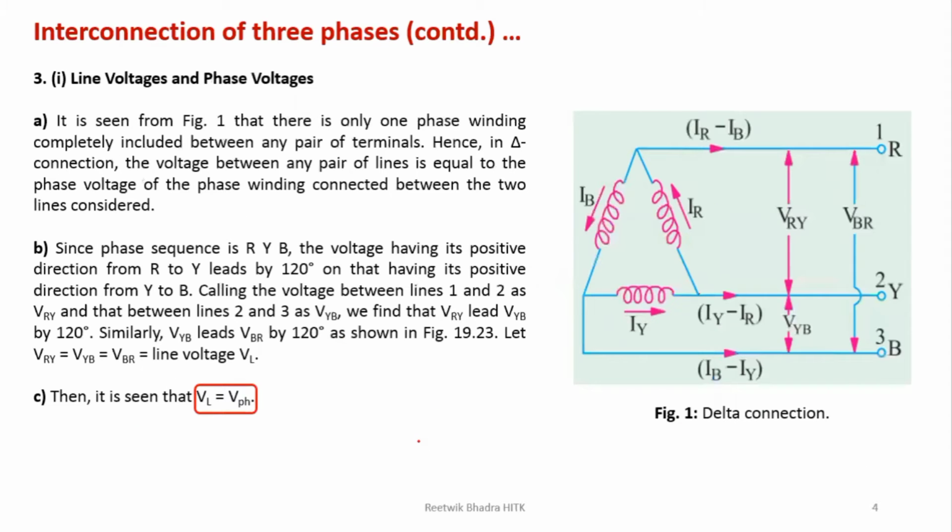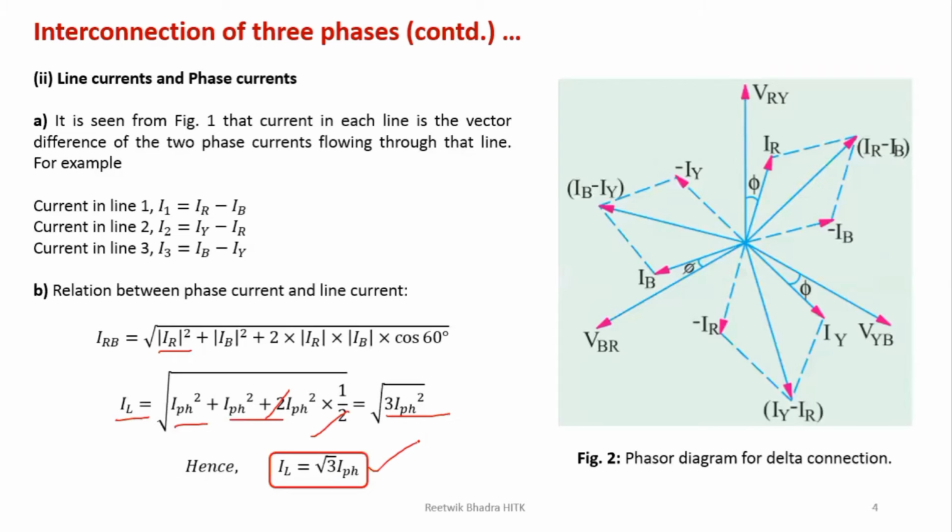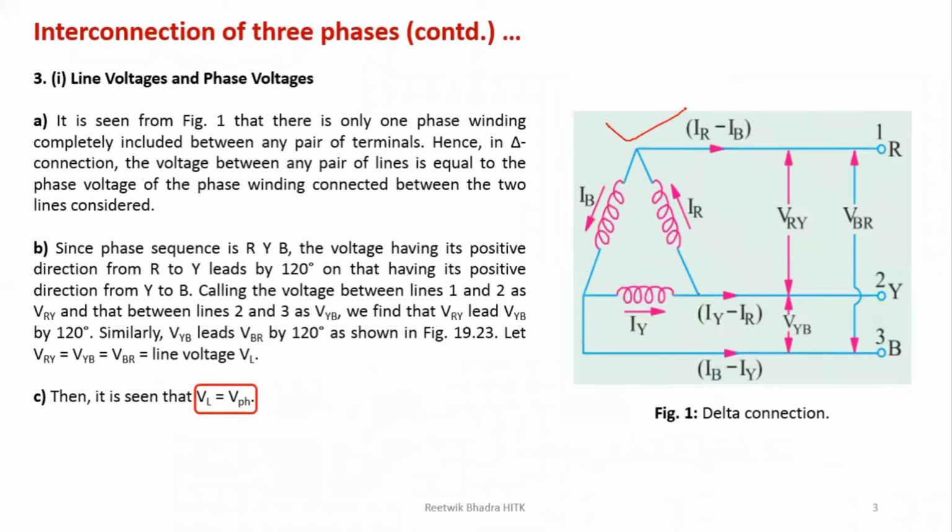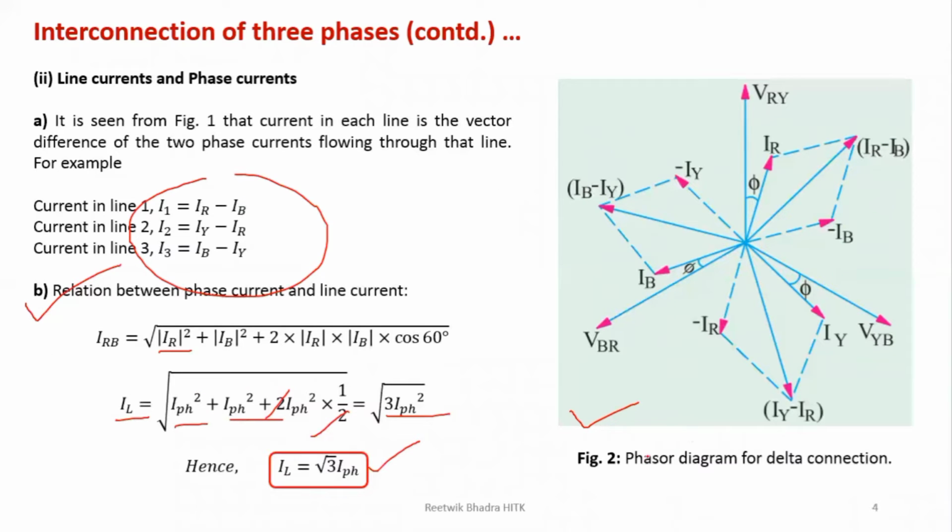So these two relations you have to know. VL equal to VPH, IL equal to root 3 IPH. Just the opposite to that of star. This proof comes for your exam. Again, I am telling you, this relation comes for your exam. You have to draw the main diagram, write these equations, draw the phasor diagram. So derive this one, because if you derive this in just one line, you can get 2 marks. If it is a 5 marks question, more than that, you have to draw the phasor diagram, draw this diagram, show how this equation is coming, derive all these equations. So this is very important for star and delta. This derivation comes for your exam. Please study these two derivations.